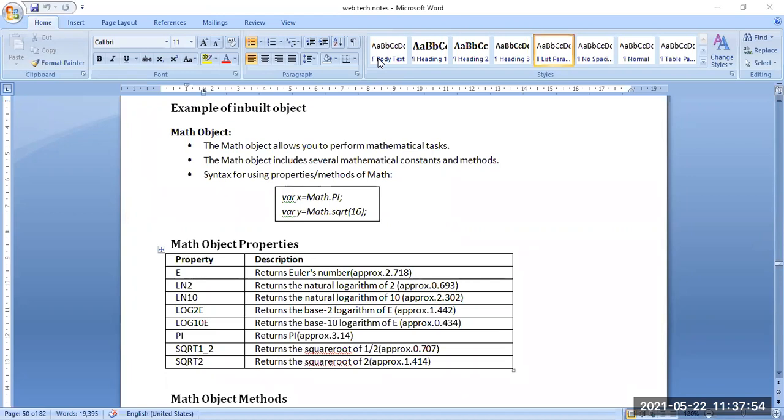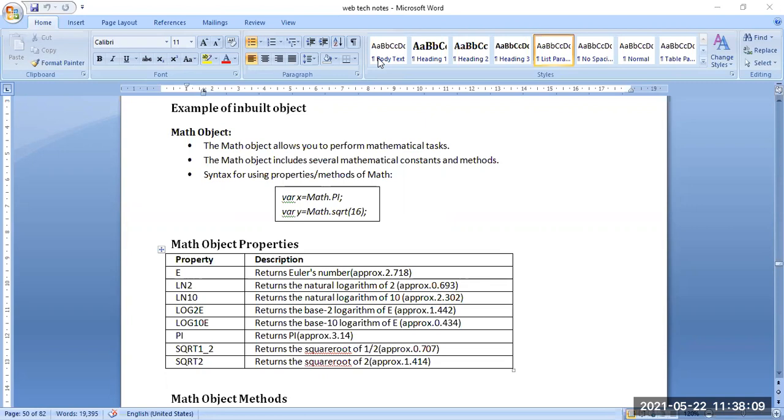So if we need to perform any mathematical or numerical operation, then the Math object is mandatory, and without it the process cannot be executed.